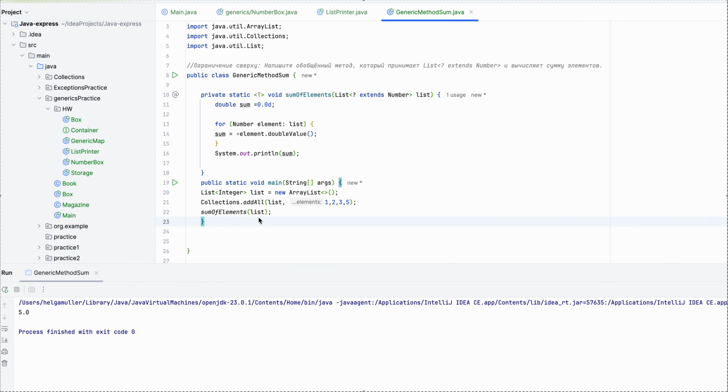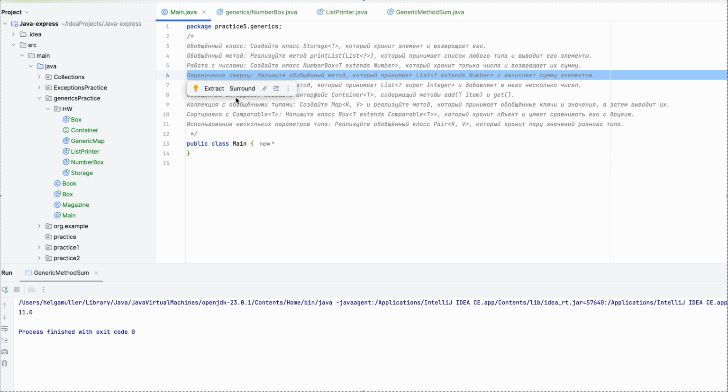Actually, looks like I messed up with a bracket somewhere. Yeah. It's my favorite mistake. So 11, it's correct. So the next one,